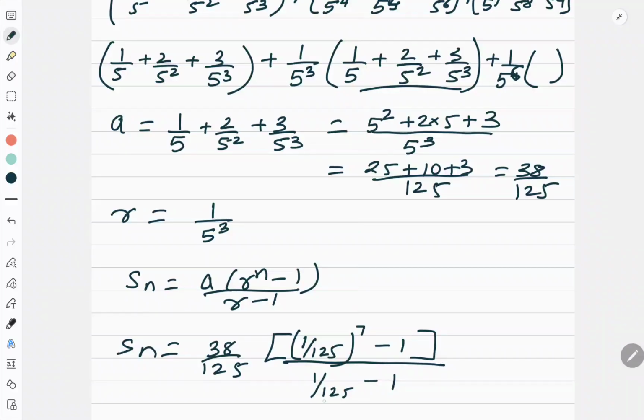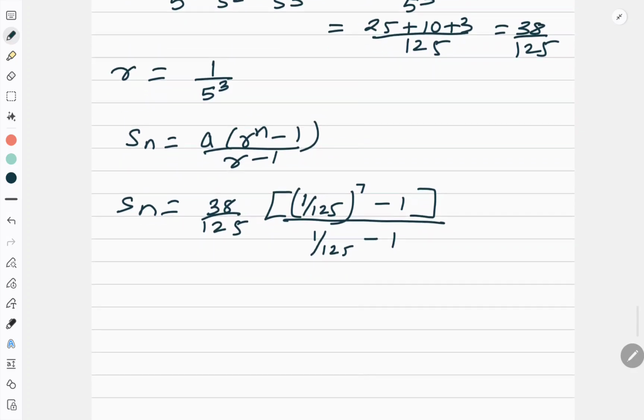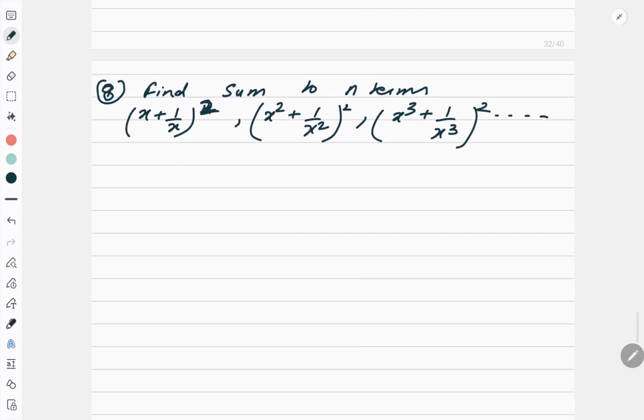So usually what we prefer, if this r is less than 1, we reverse it. Anyways, that minus sign will get cancelled. So even if you write like this, you will get the correct answer. It is not like that you will get a wrong answer. So now if you solve this and if you substitute, then what will be the overall value when you solve this? 19 by 62 in bracket 1 minus 1 upon 5 to the power 21. So if I write this 125 as 5 to the power 3, I am directly getting this, which is the answer. Correct? Now let's move to the similar kind of a question here.